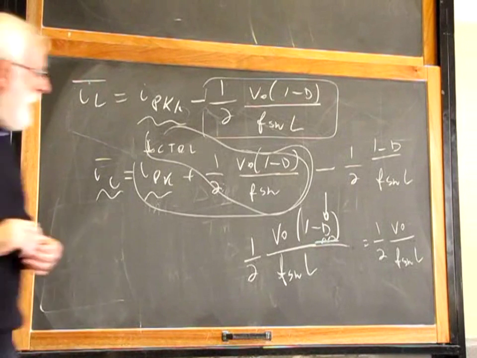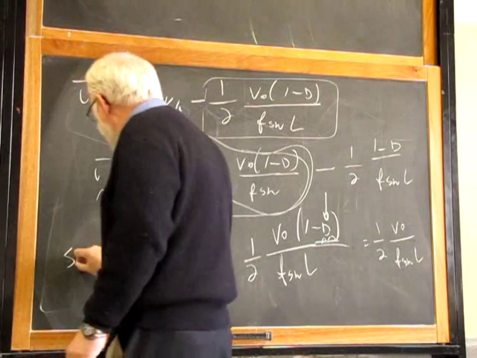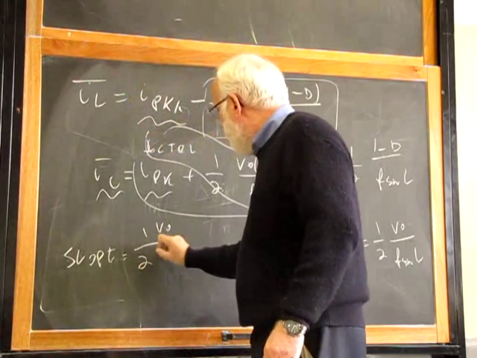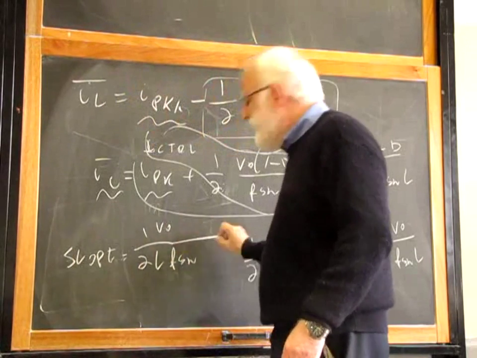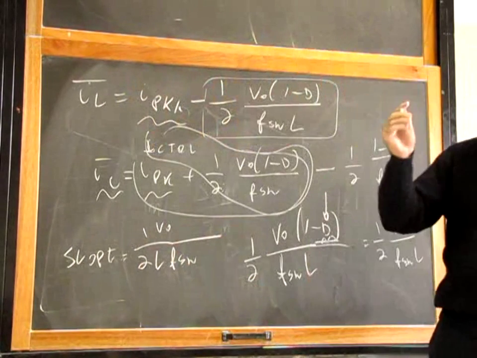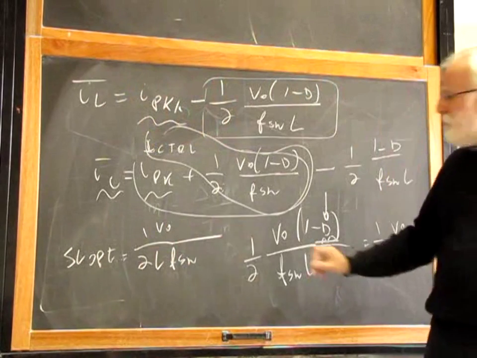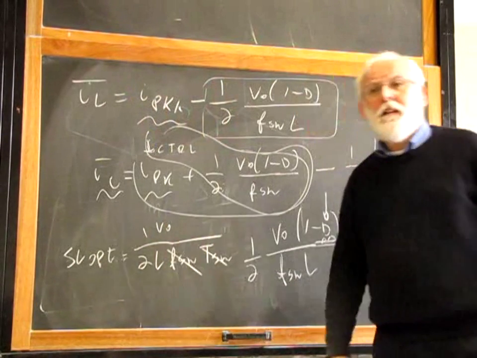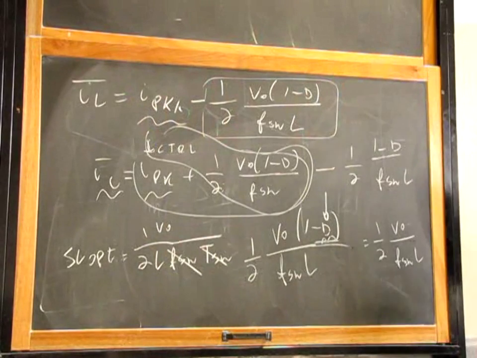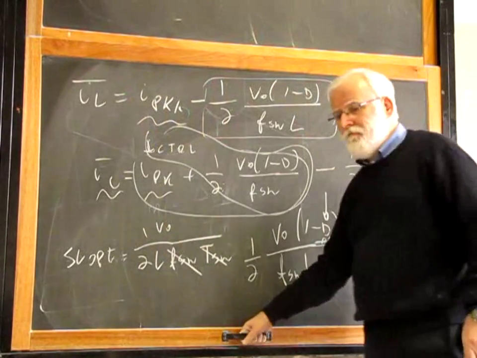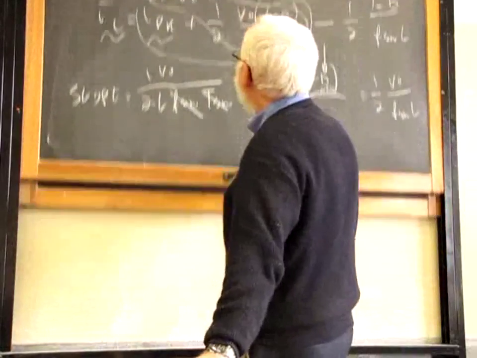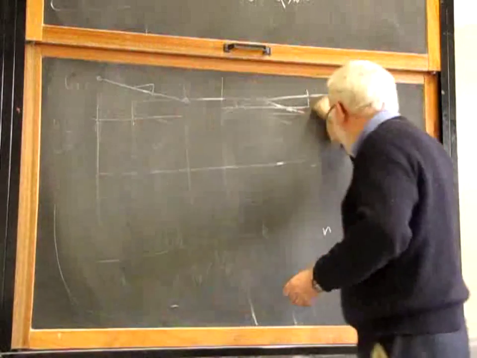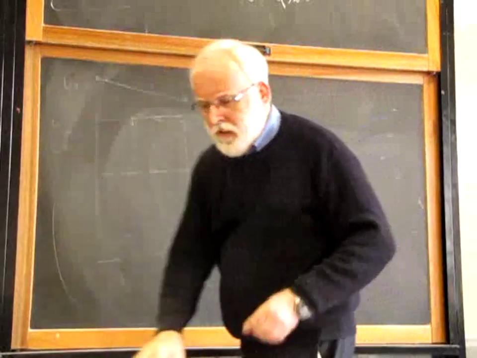The switch period. So we have that the slope is equal to 1/2 V0 over L switching frequency divided by 1 period. 1 period is the switch period. That cancels out with the switching frequency. So, what we get is